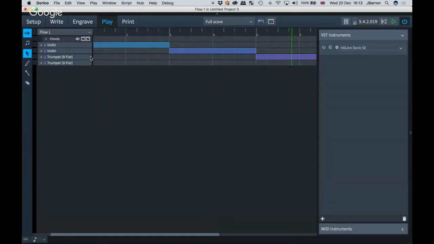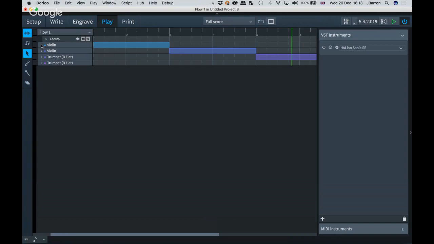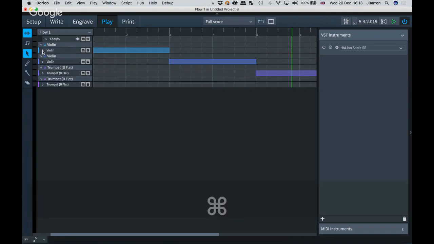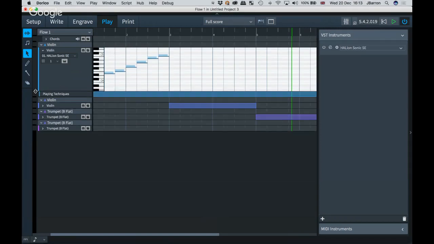Now I'm sure you've used play mode for various things before. Oh, by the way, if you need to expand a bunch of these instruments at the same time, if you hold down Command or Control and then click on them, then you can expand a few of them all at the same time if that's useful. Obviously, I can expand each one. I can choose the bottom here